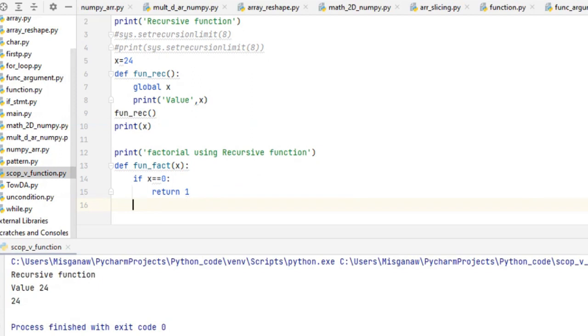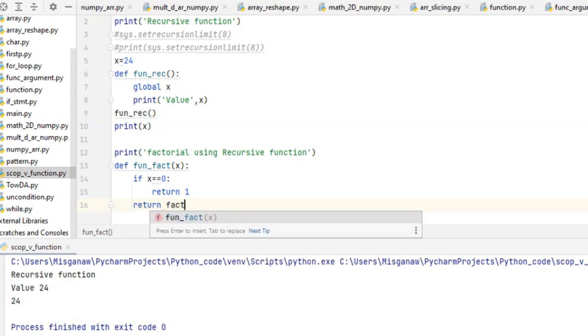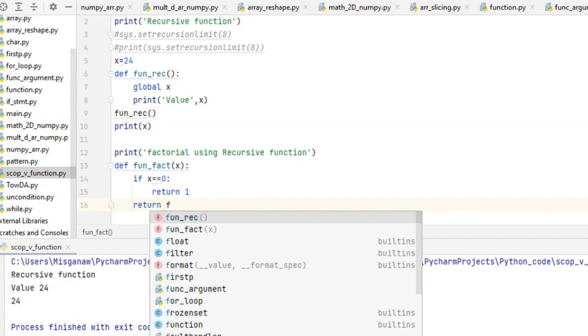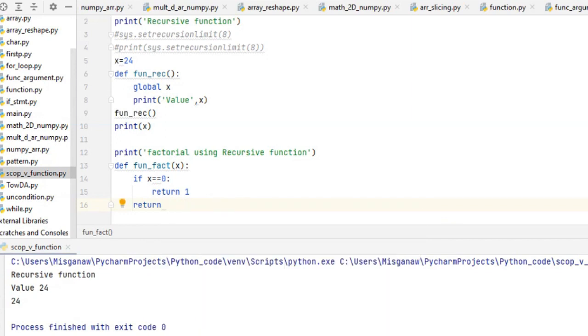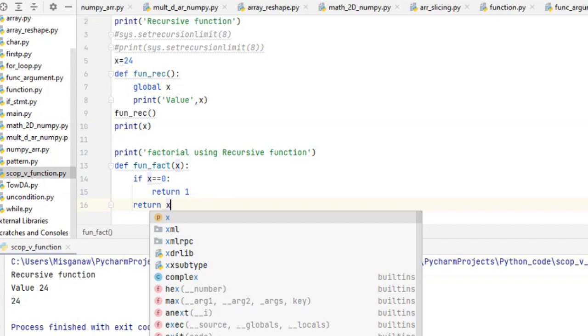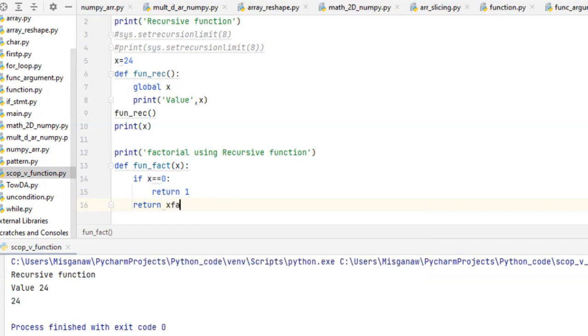Otherwise, the function should return fact, x times fact of x minus 1.